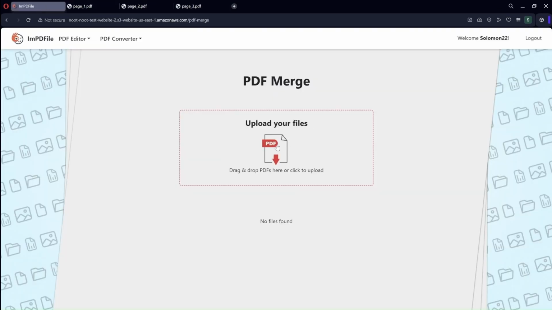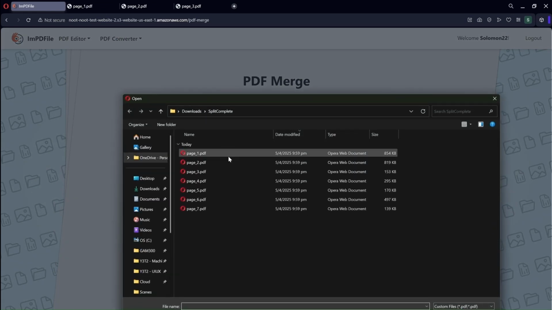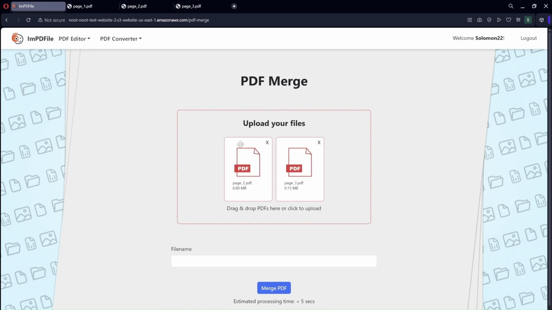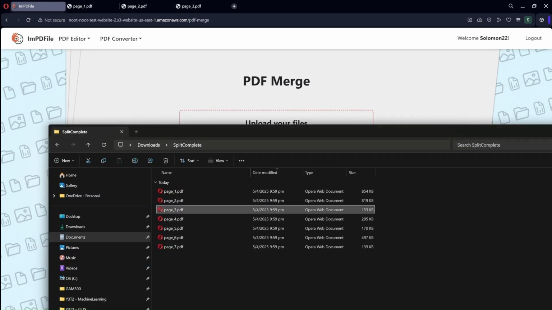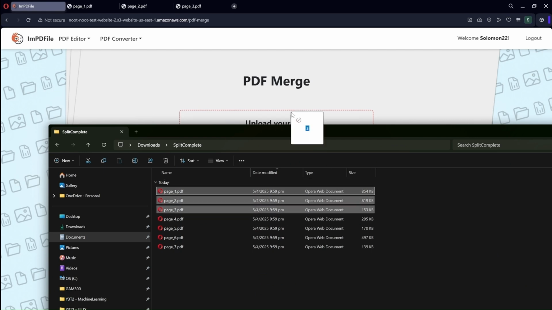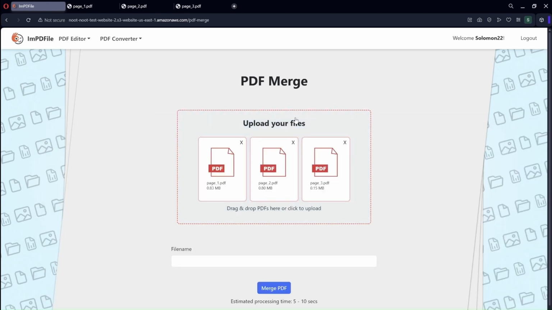I would like to show that we are first able to select these PDFs from the file directory, and secondly we also have the ability to drag and drop directly into the box. And we also allow users to reorder them. So let's just say we reordered and switched the positions of PDF 3 and PDF 2. As you could see, the orders have changed, and let us merge. So we could say merge 1, 2, 3,